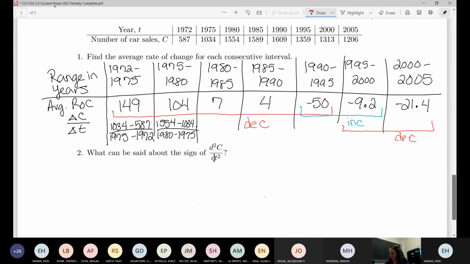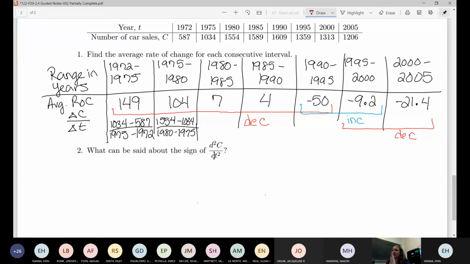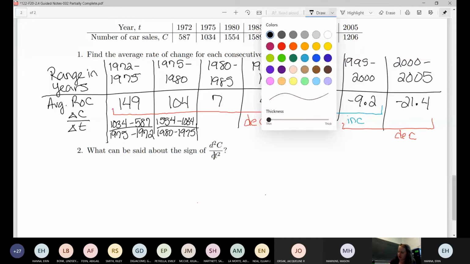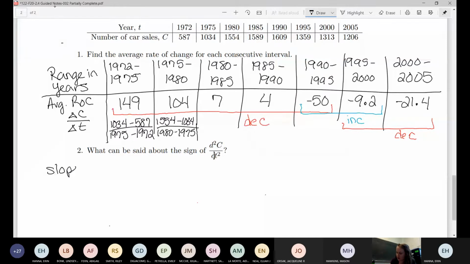So the point is that we now have this idea of the slopes decreasing over certain pieces and increasing over a certain piece as well. If we start breaking those down, remember, these are slopes, they're average rates of change. So the slopes are decreasing over 1972 to 1995, and this is where the overlap sounds really weird when I phrase it like this. So the slopes are decreasing over that range of years. So the second derivative